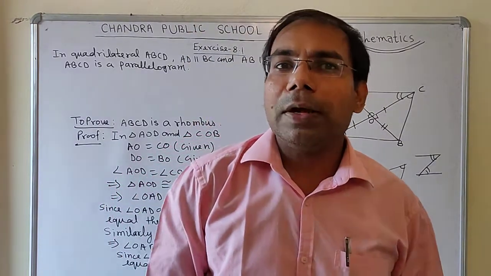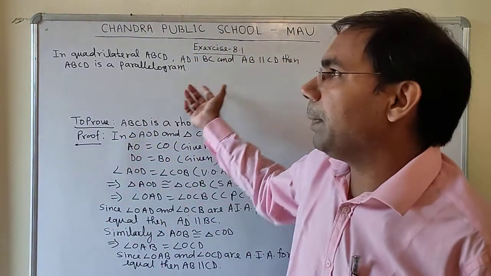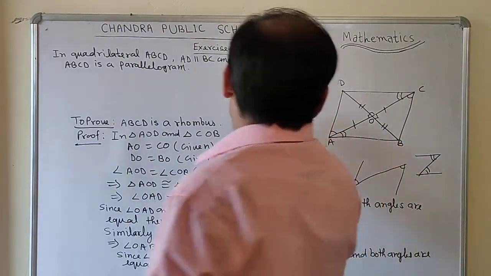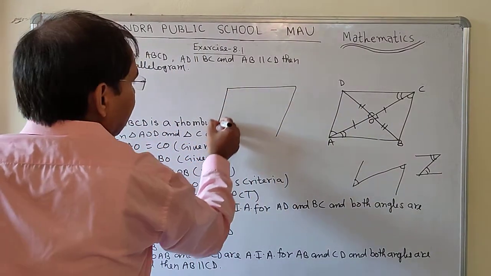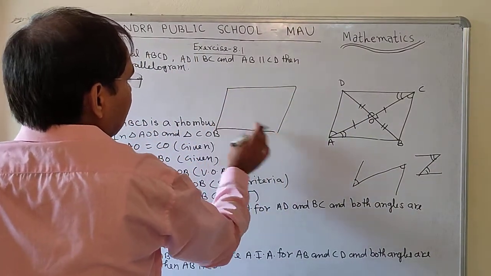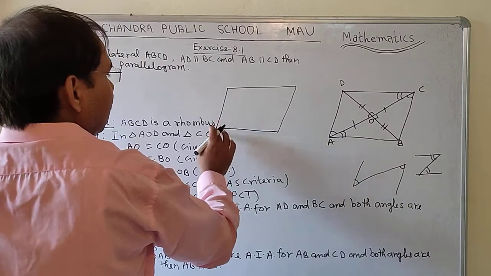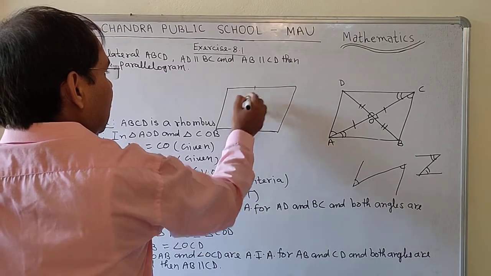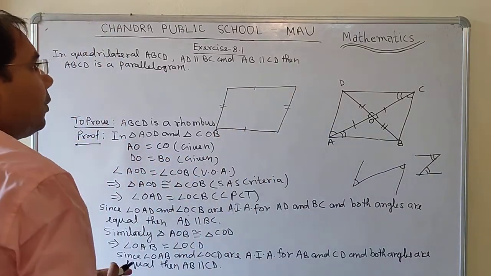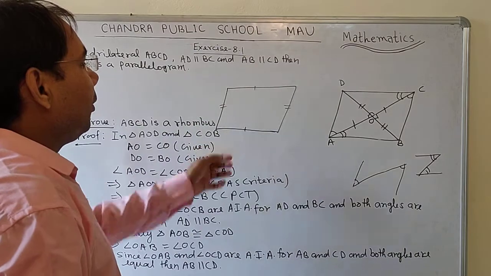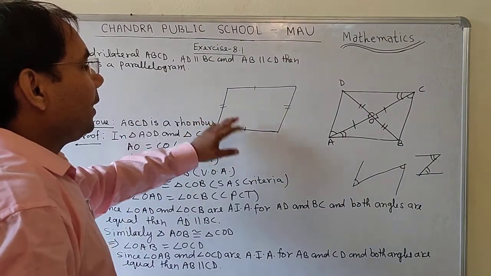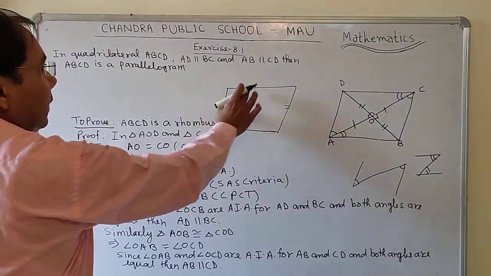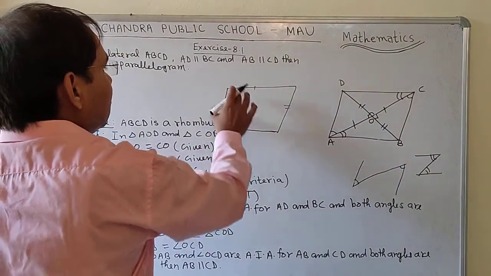So students, if you are given a parallelogram, here now ABCD is a parallelogram. So how will you prove that this parallelogram is a rhombus? Here I am going to explain. Suppose that you are given a parallelogram. In the parallelogram opposite sides are equal and parallel. So here these two opposite sides are equal in the parallelogram. If anyhow you are able to prove that one pair of adjacent sides are equal in the parallelogram. What are the adjacent sides? These two are adjacent sides, these two are adjacent sides.